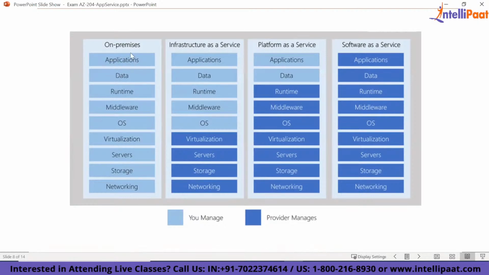For building an application, I need these set of layers: networking, some kind of storage, then servers, virtualization, operating system, and the moment you have an operating system, its licensing. All these things come into the picture. Then let's say I decided on top of Windows I want to pick the .NET framework. So I need to bring in the .NET runtime, which is the CLR, and all the dependencies related to .NET needed to run. Or if I decided on Java, then I need to bring in the Java runtime and all these things.